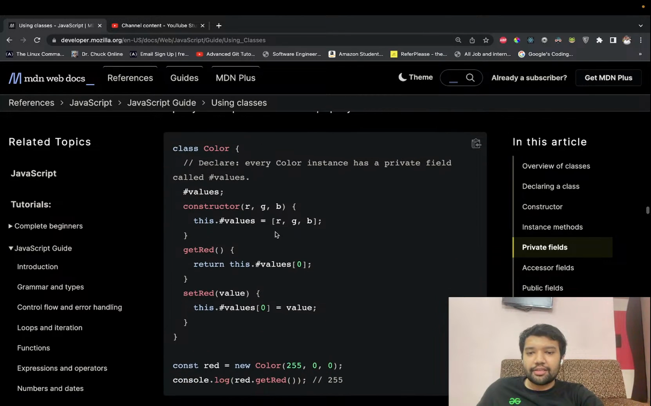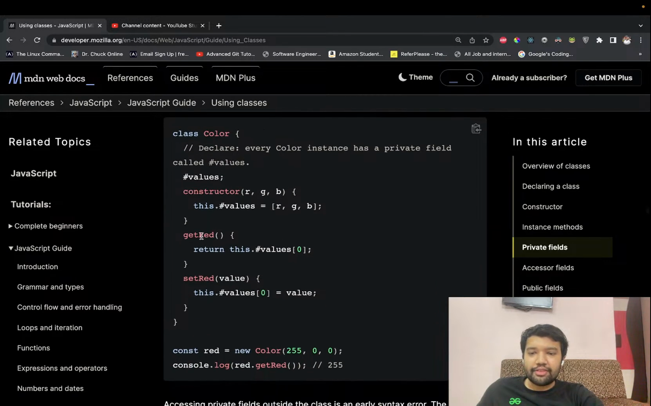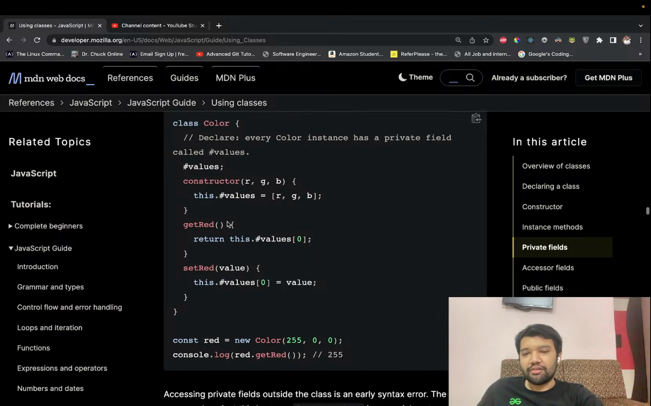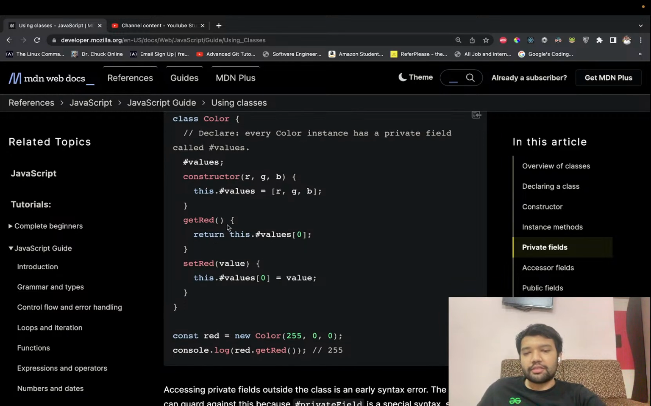So later on, we use getters and setters, and to change this we change the getters and setters and constructors also, and that will help us easily manage our code and make it more readable. So these are